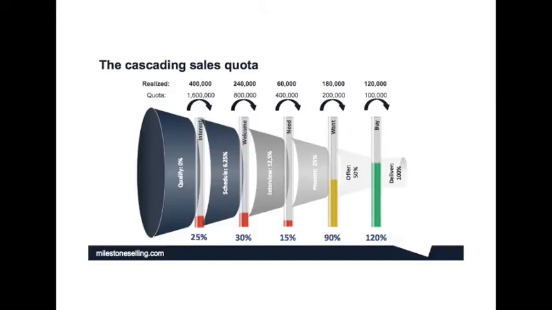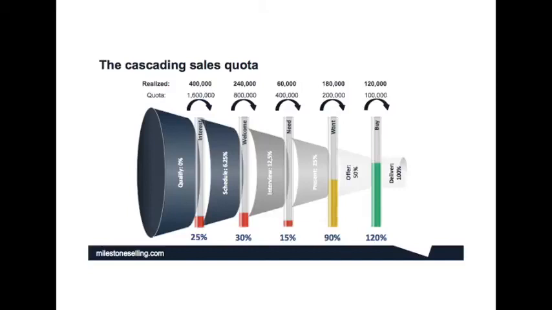This means that in the same month that we move 100,000 from the offer phase to the deliver phase, we need to move 200,000 to the offer phase from the present phase. And again, with the 50% conversion rate in mind, 400,000 from the interview phase, 800,000 from the schedule phase, and 1.6 million from the qualify phase. This we have to do because in order to close deals, we need to have enough leads in our pipeline